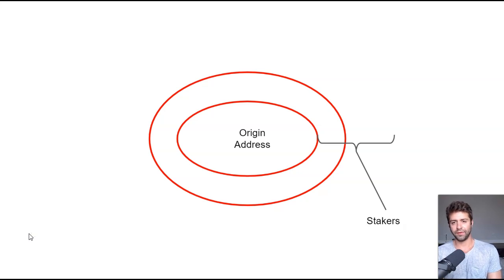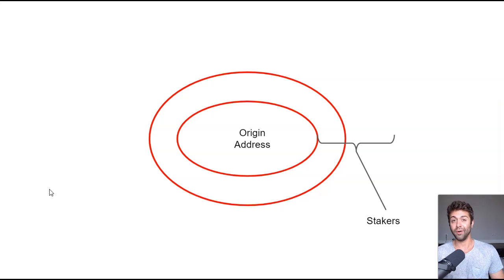And by doing that, like I mentioned earlier, inflation in HEX is paid to the stakers only, which means the origin address, by not staking, is actually diluting itself and allowing the interest to be paid primarily to the actual staker class of people. So imagine this concentric circle is year one. So the origin address, yeah, it owns the majority of the coins, but the stakers are able to buy and stake from the liquidity on the market. And every year, they're getting all the inflation, right? And the origin address is not really getting much more inflation.